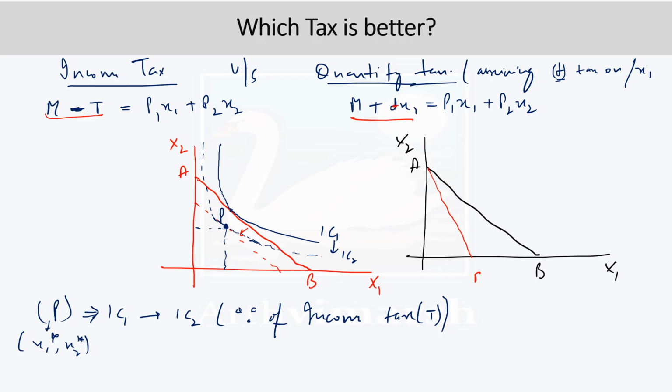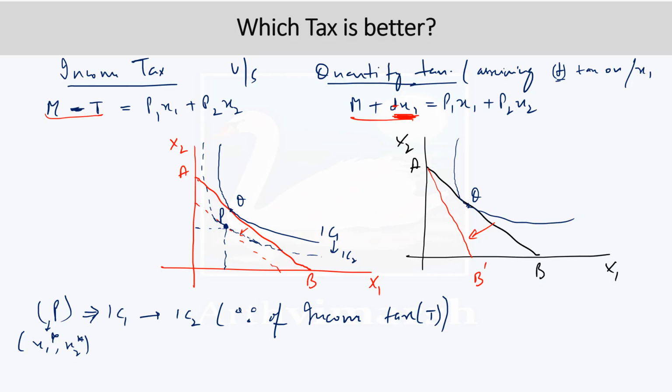This is the new budget line, and this inward rotation, not the shift, the rotation, is taking place because of this tax t on commodity x1, the tax which is being imposed. What we are going to emphasize here is that initially we assumed that on AB the optimal combination was somewhere here at point